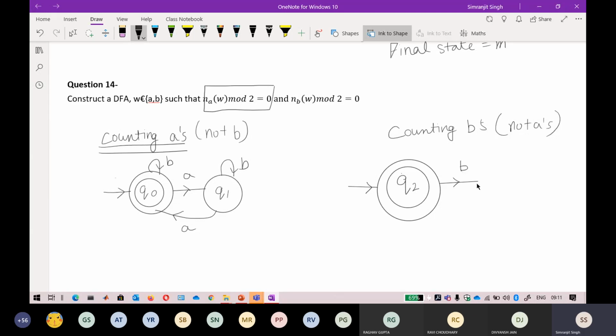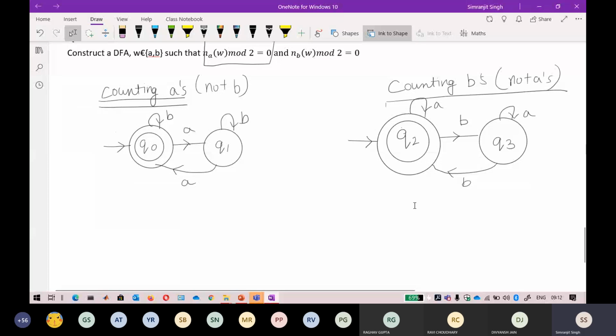I'm again counting the number of B's here. So it will be Q2, Q3, and I do not need to worry about A. So this kind of automata can be drawn here. Okay. So now in this, if you see this, and in most of the subjects like in